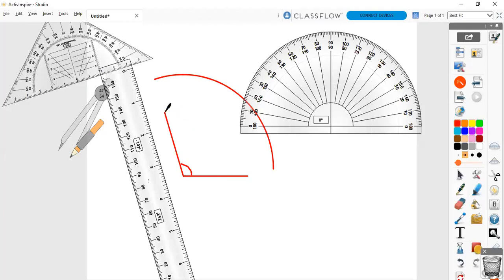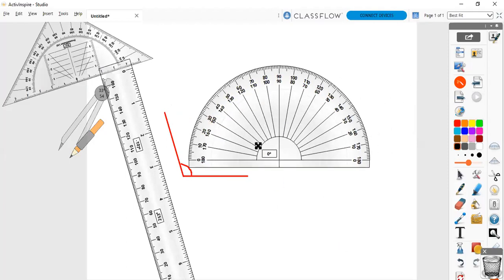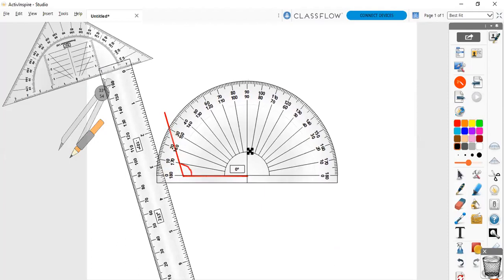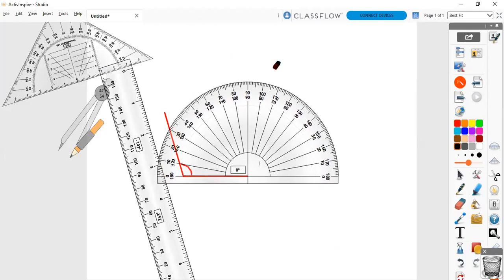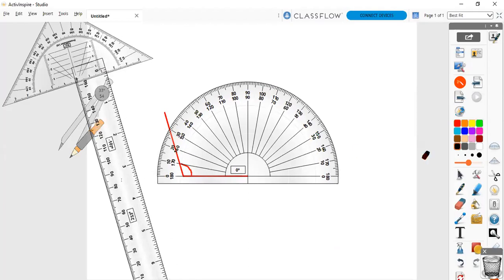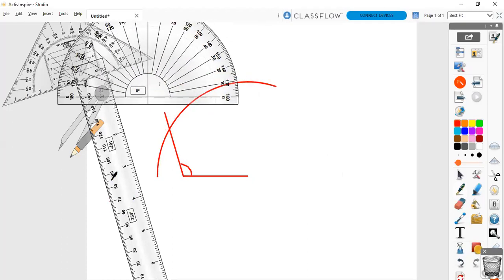Now from this point also you have to draw 108 degrees. Now we will remove this arc, right, because this arc will not be helpful now. Now again at 108 degrees, you can use this. From this point we require 108 degrees, so I will mark one point again from this point number 0, right, to I will draw 108. This is 90, 100, 110 minus 2, so it is 108, like this. Join this again.